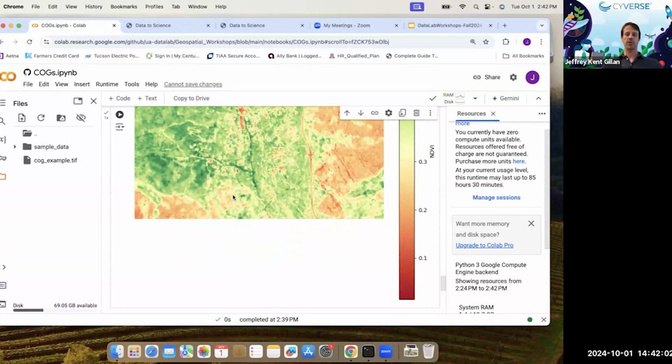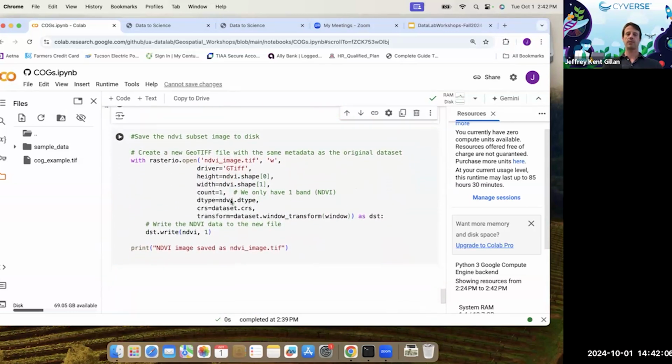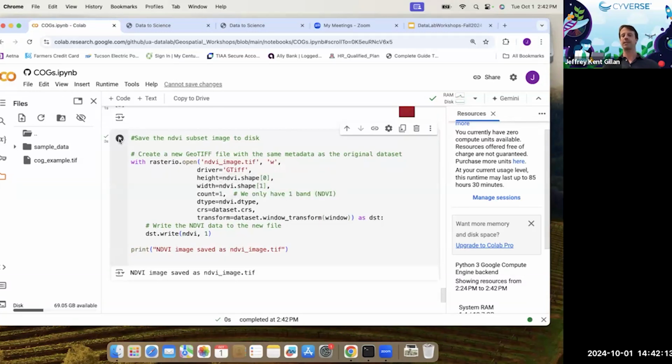Okay, so almost done with the notebook here. And the last thing we can do is take our subset, our little NDVI, and save it out. We can get it out of here. So I just click this button. It says NDVI image saved as NDVI image.tiff. Excellent. So that should pop up right here in my cloud storage, and then I can just download it